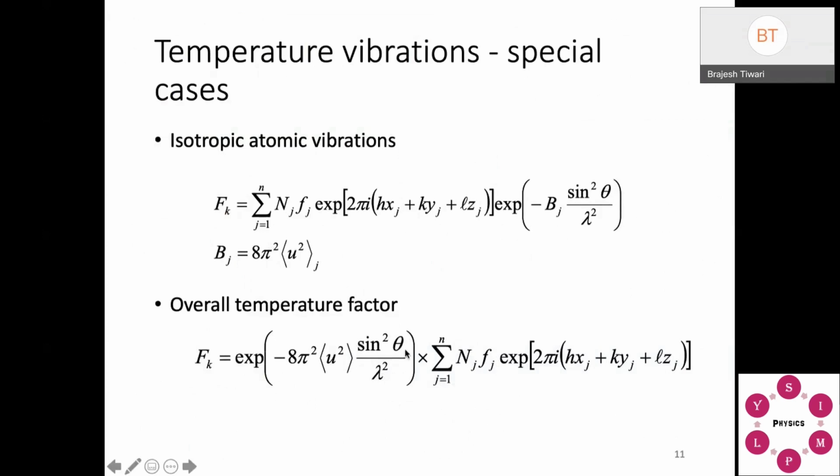You know that if you go from 0 to 90, the theta value goes much higher. All other things are constant; this is one parameter that depends upon your material, so you leave it. If you go to higher 2 theta values, the thermal parameter is going to affect much more, so your peak will become broader.